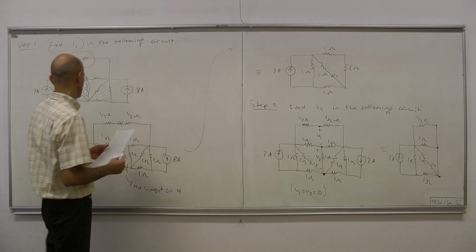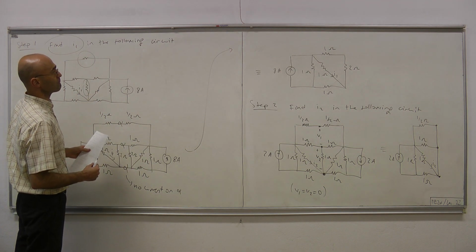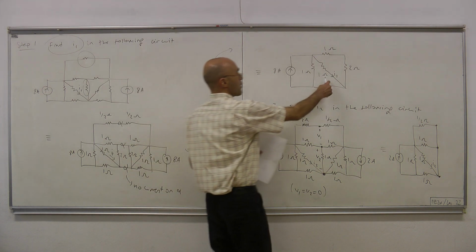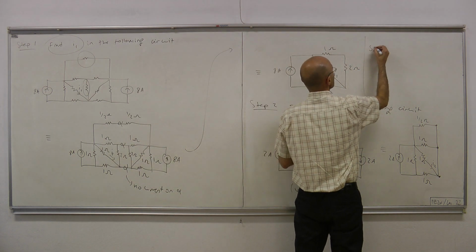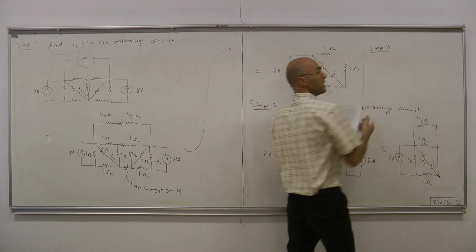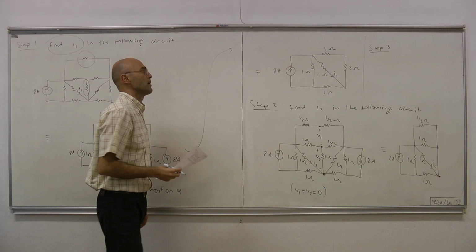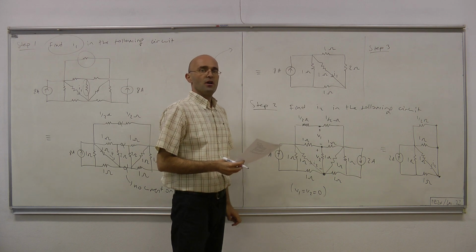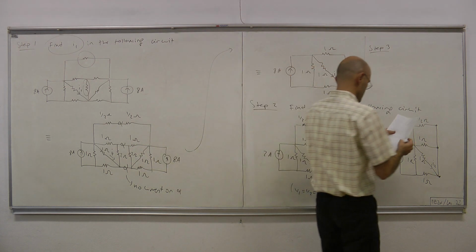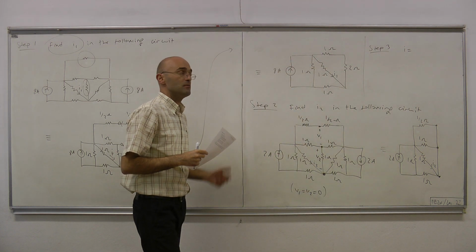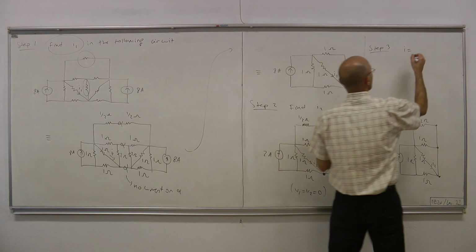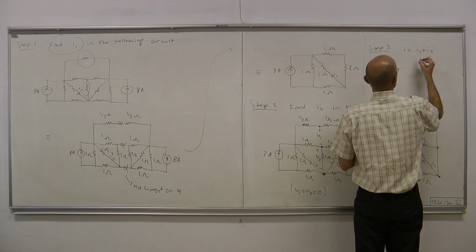And finally, once we have I1 and I2, in the third step, step 3, because the circuit is linear time invariant, we can superpose those two answers. And the original current that we were asked at the beginning must equal, therefore, I1 plus I2, thanks to